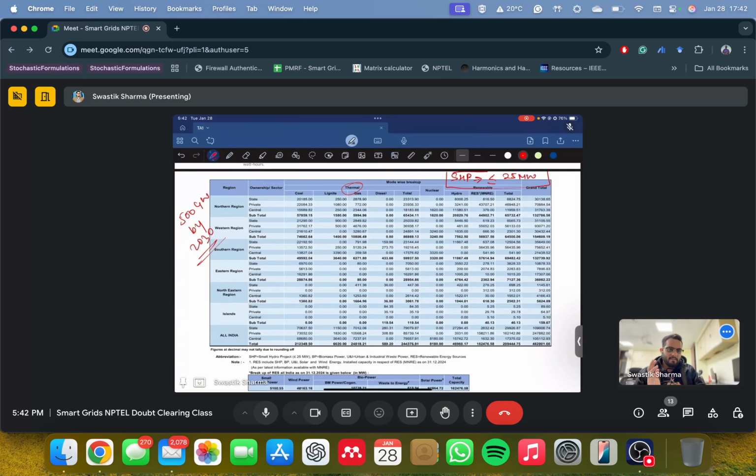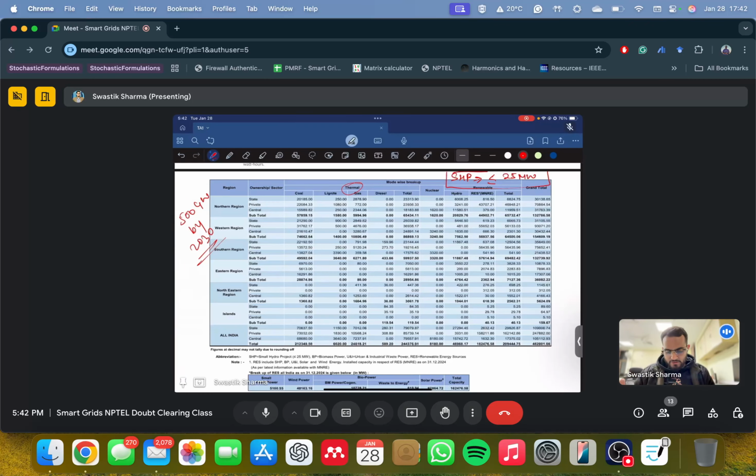India, I feel, is one country which uses this definition that hydro plants of less than 25 megawatt should only be used to calculate our renewable energy growth, right? In this, we have divided all of our regions into different sectors, and we have calculated how much of the energy generation comes from which kind of fuel. You can see Western is the largest producer of electricity, both thermal and renewable, right? So it's the largest, and you can see our goal.